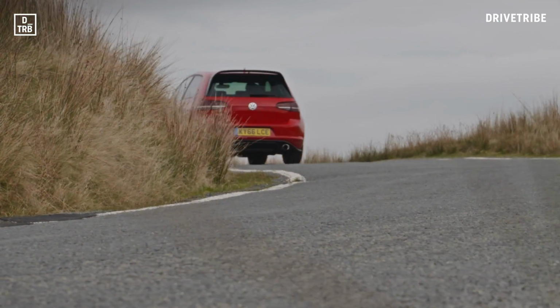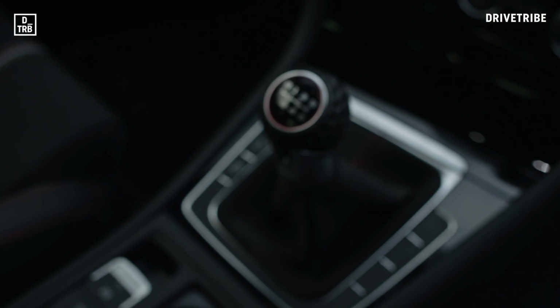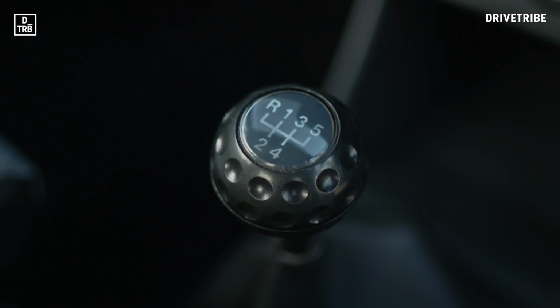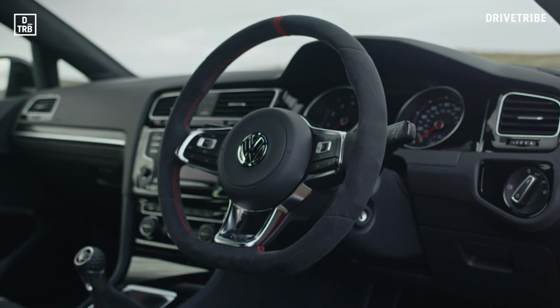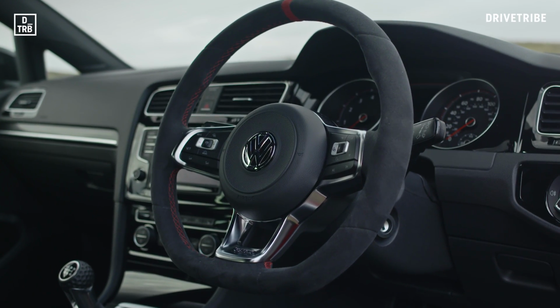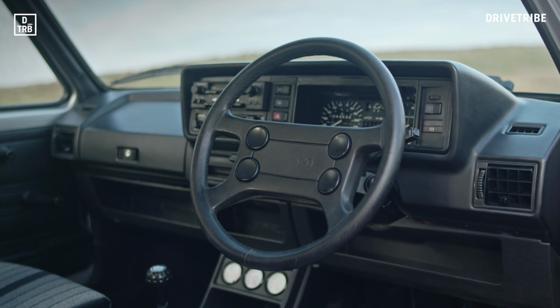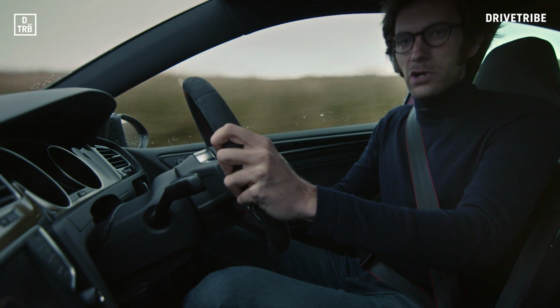Perhaps the clearest link to the original GTI is the gear knob down here, which has the same golf ball dimpled pattern on it, so it feels remarkably similar to hold actually. As similar as the gear knob is, the steering wheels couldn't be more different. I love this one. Wrapped in Alcantara, it's one of the best steering wheels out there at the moment, I think. But you can't help but notice, while there was a lot of room on the original wheel for buttons, there weren't any,